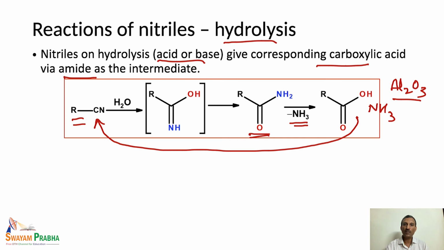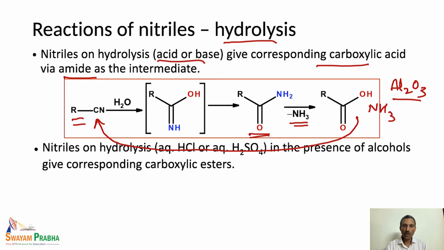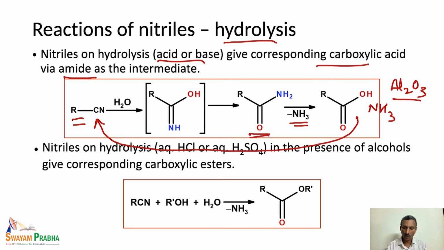So this is exactly the reverse of how we prepared nitriles from carboxylic acid. If we are using aqueous HCl or aqueous sulfuric acid in the presence of alcohol, we end up with the ester as the final product. Instead of a carboxylic acid, we are going to end up with the ester as the product. So nitriles on hydrolysis in the presence of alcohol and strong acid conditions, especially HCl or sulfuric acid,